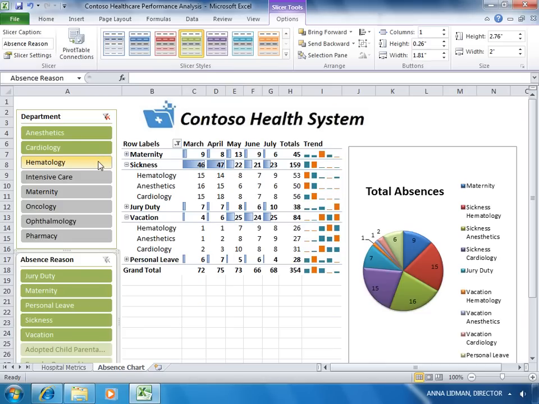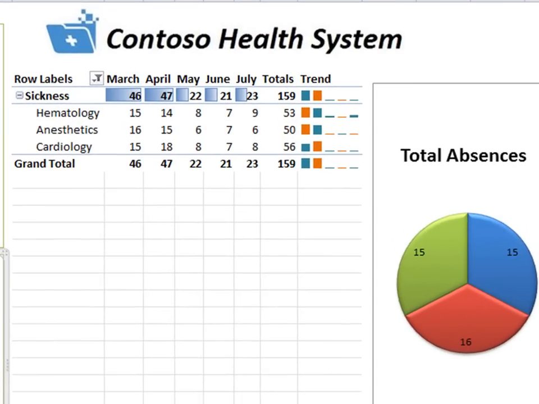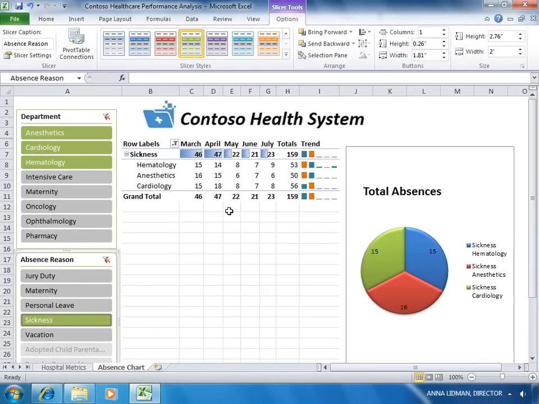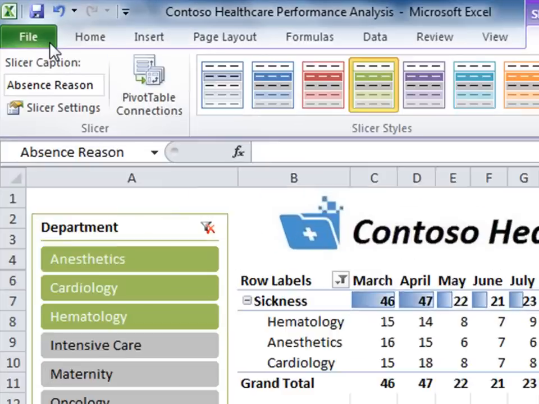In this case, she can see that in March and April, a few departments had a much higher number of sick days than other departments. This might help to improve work conditions to increase the efficiency of those departments. Notice that as the slicers change the pivot table data, not only does the chart change, but the column-type sparklines change as well. Now that she is finished, she can use the backstage to finalize the report and save